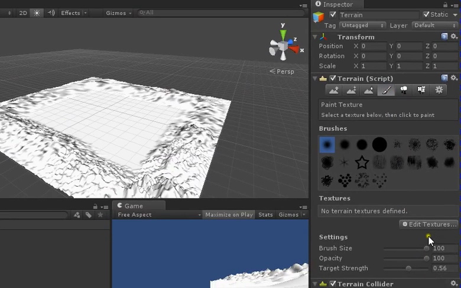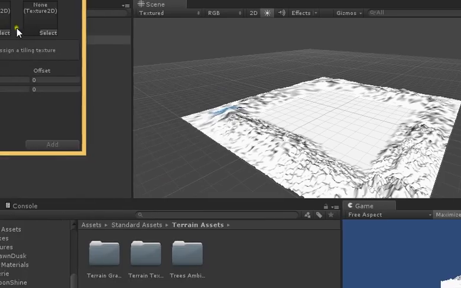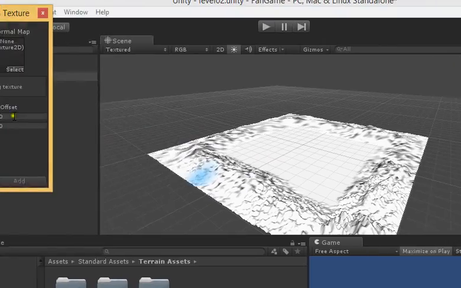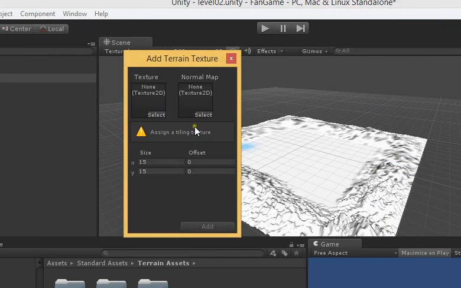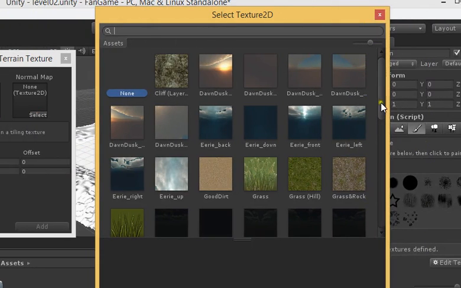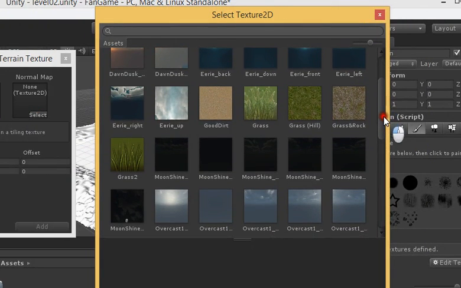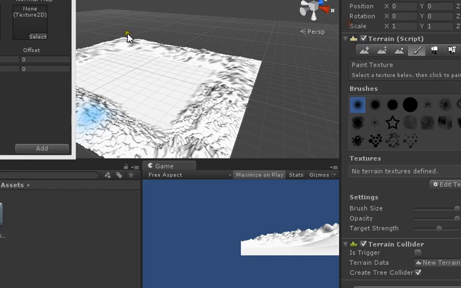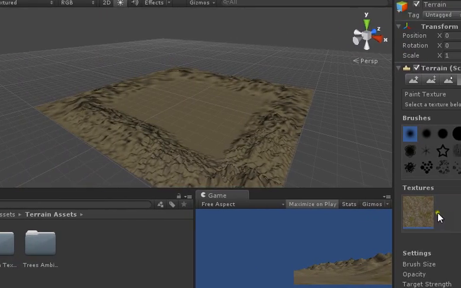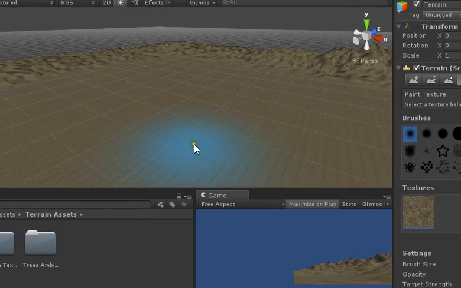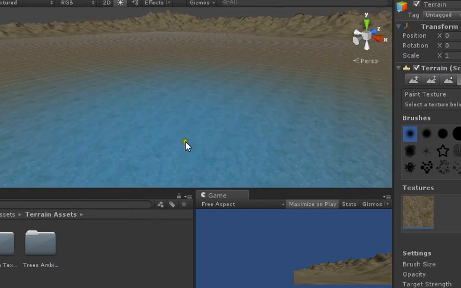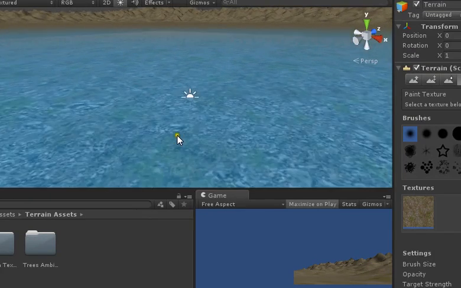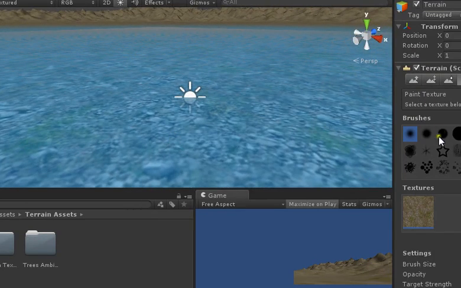choose this brush tool and add some texture. And when I click this edit texture button here, this dialog box appears, and let me choose this one texture in here, and then I can choose this grass and rock texture here, and I double click it and I add it to my scene. Once I add that texture to my terrain,